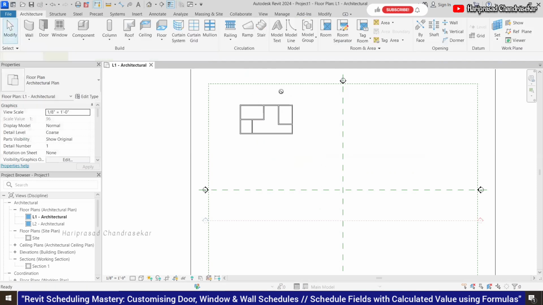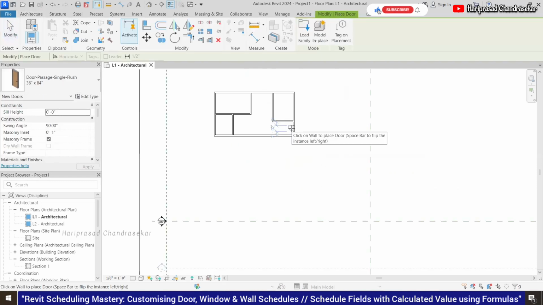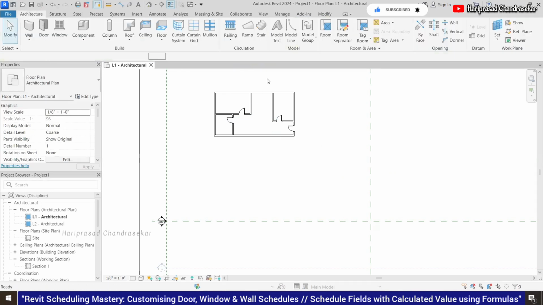Okay, so now I can go for door, DR for door. Then WN for window.